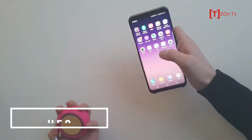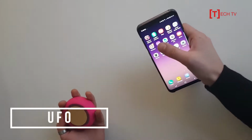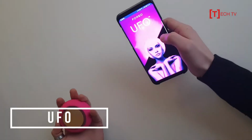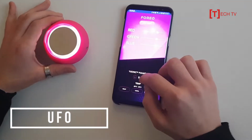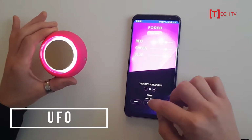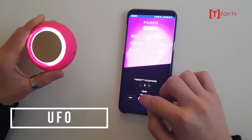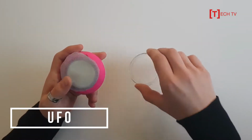Welcome to a whole new way to mask in only 90 seconds. Download the Foreo app and pair your UFO or UFO Mini device to it. With the UFO app, you can customize the intensity of the T-sonic pulsations, control the LED light intensity, and set up heating and cooling. After getting familiar with your new beauty gadget, put the mask on the UFO, seal it